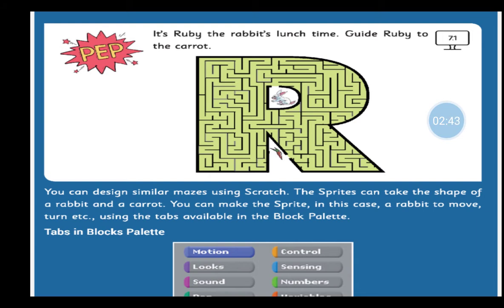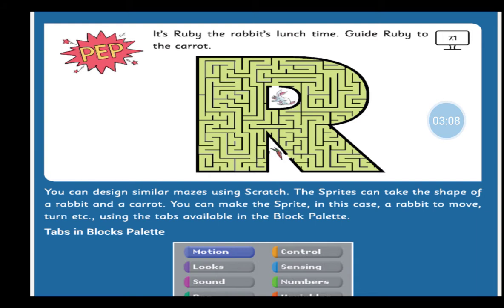So here in Scratch you can also make this type of Ruby game. You can create the rabbit and the carrot shape. All the shapes you can give here in your Scratch.